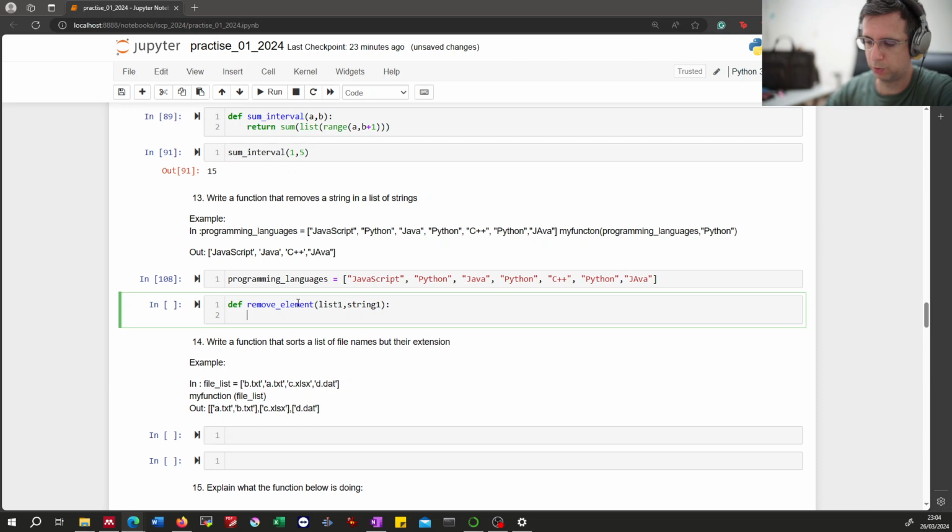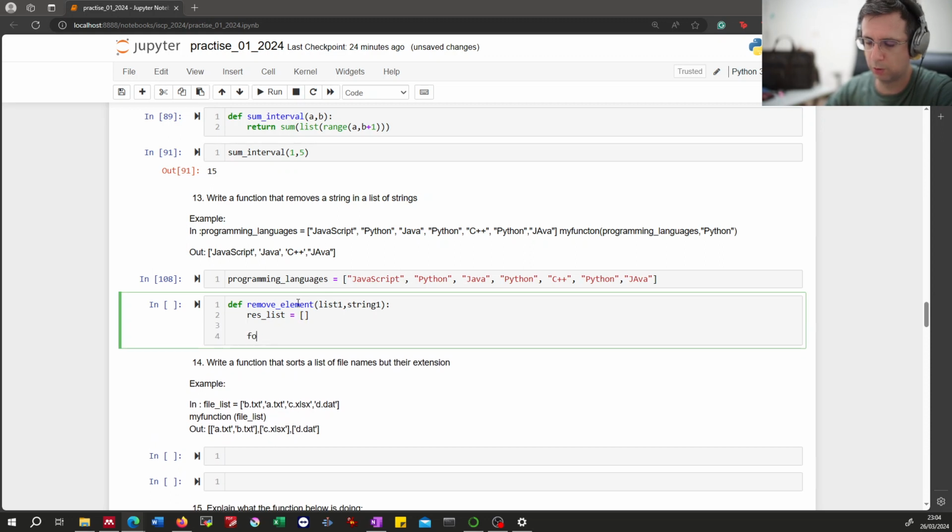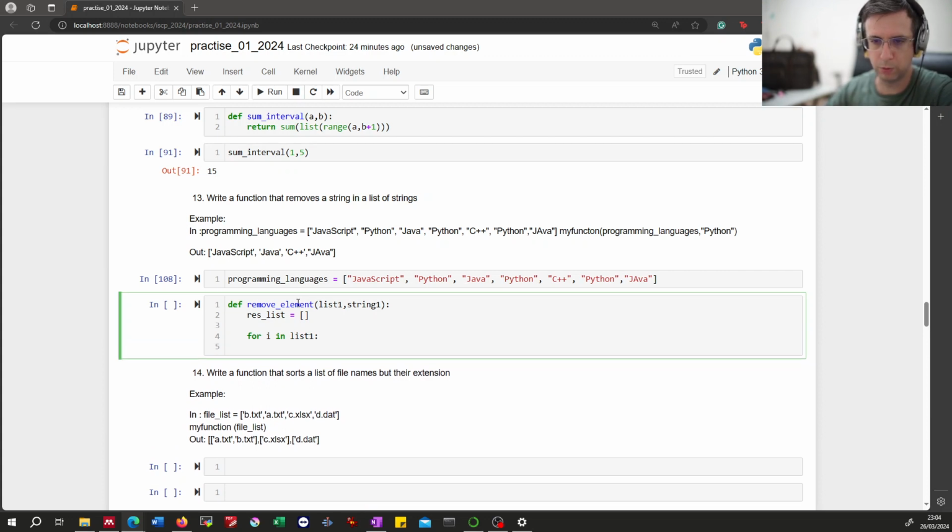Right, so we would have a result list that is first empty, and then for i in list 1, we loop over all the elements of list 1, we check if i is equal string 1,